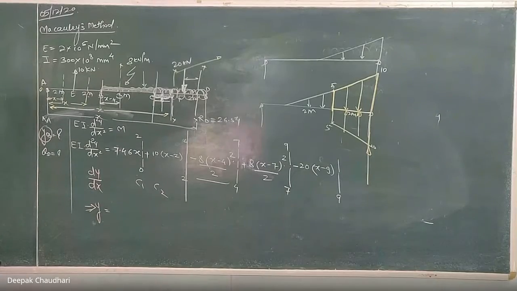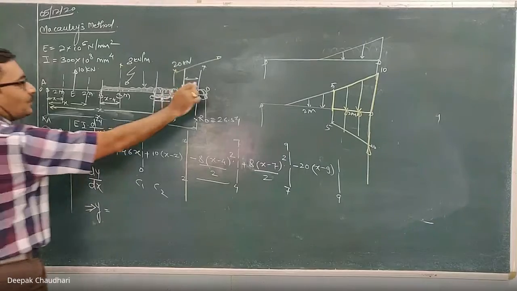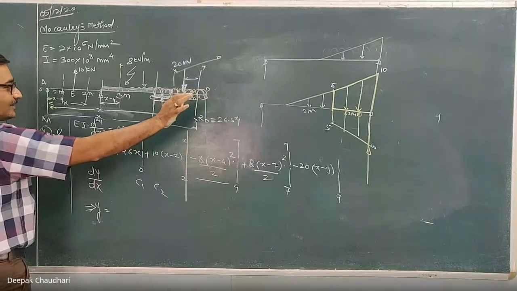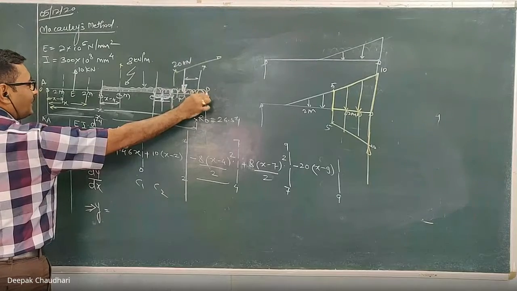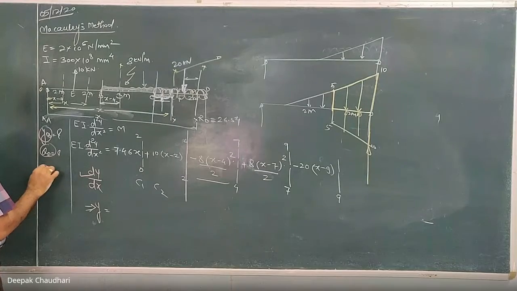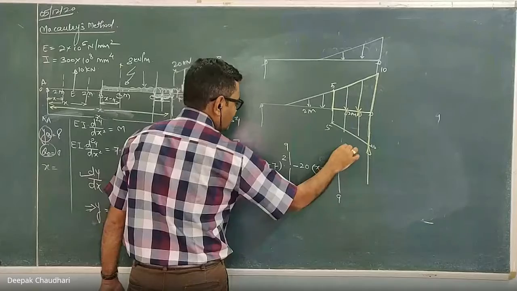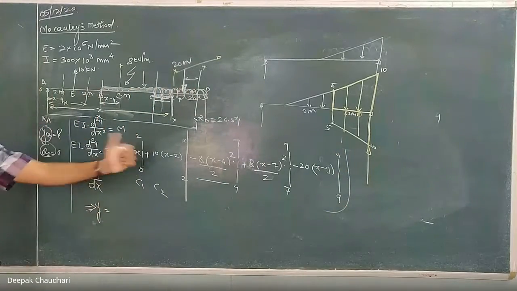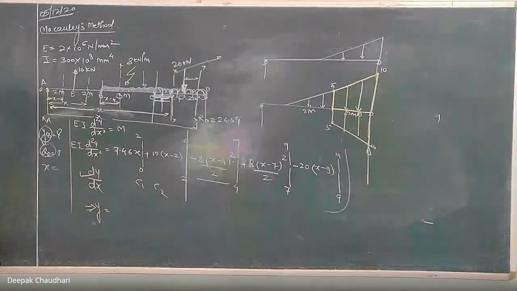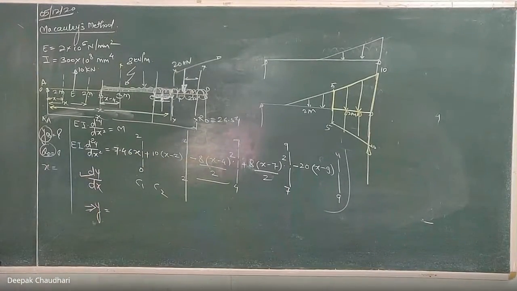You will get the deflection. To calculate the slope at point D, this is the point D at the end, use the slope equation. Since point D is at x equal to 11, you have to use the entire equation up to 11 meter to calculate the slope at D. Substitute x equal to 11, and you will get the slope at point D. Okay, any doubt?